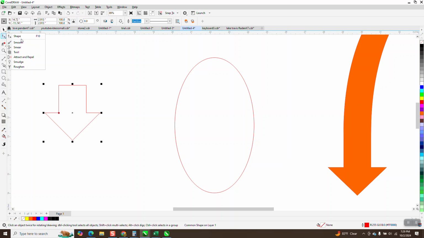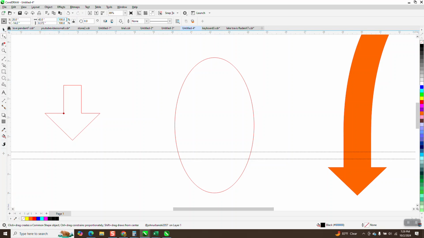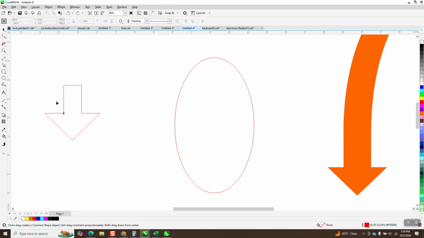Get your shape tool. You still have your handle here. And that kind of looks ridiculous. What we could do is just back up here. We'll move the handle back out. Well, you got to have your shape tool. And let's just reduce this whole thing. Make the arrow smaller. So now we need to measure